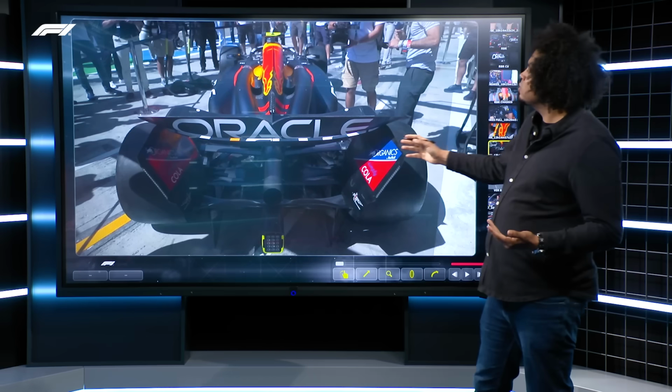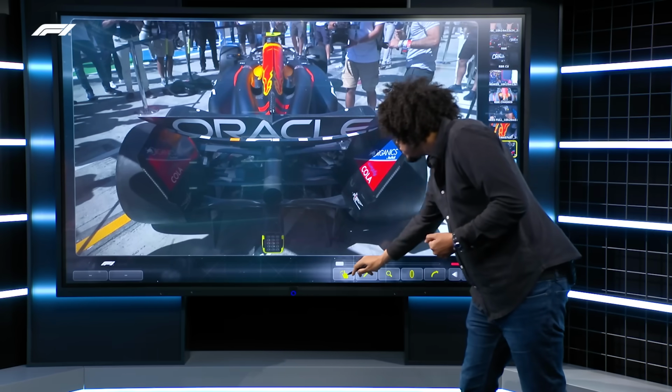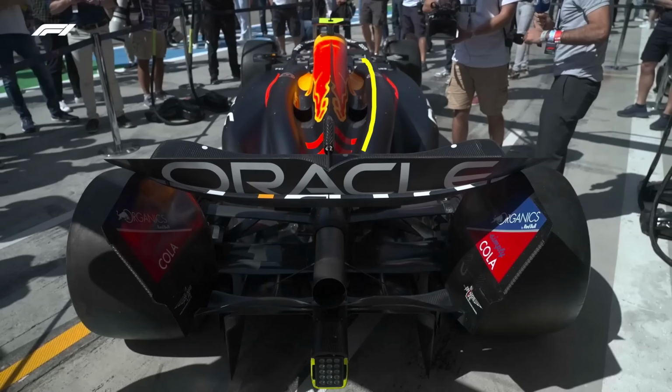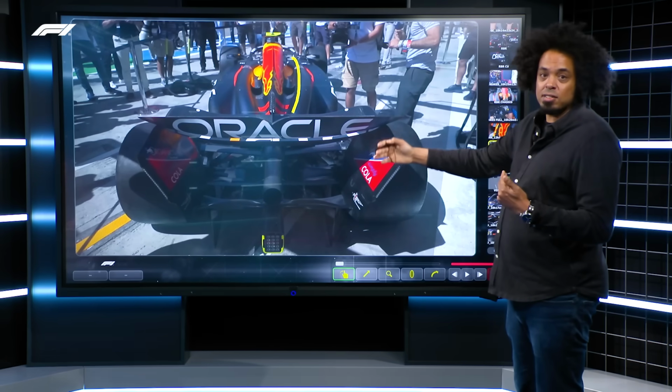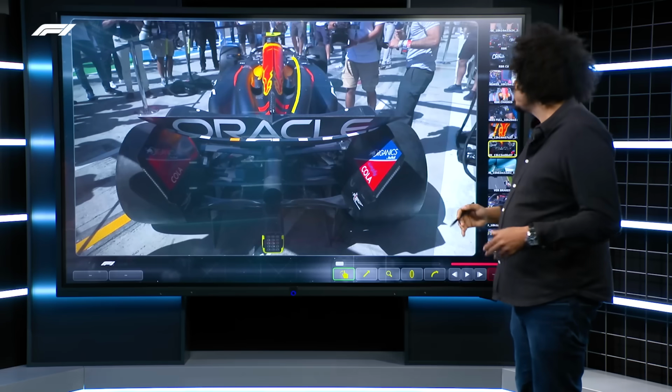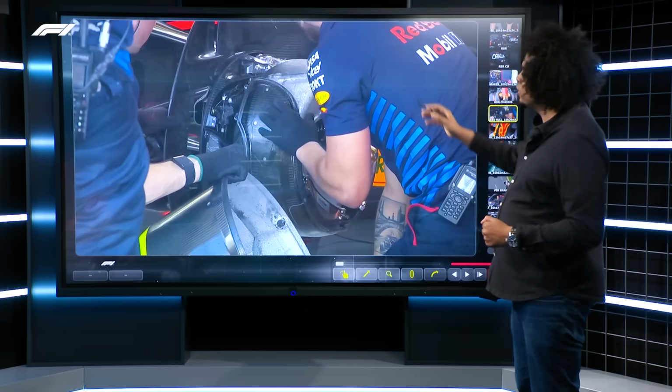And you can see that design a little bit more clearly here, where you can see how it sits in context with the rest of the rear of the car. The reason I'm paying so much attention to this is not only did Red Bull copy a failed Mercedes design, they also took it to the next stage, and that cooling layout is something that we are going to revisit shortly. But before we get to that, I want to take a quick look at this nice bit of